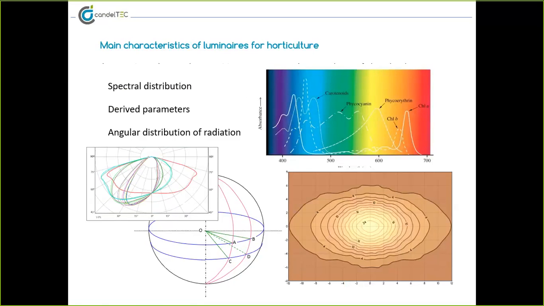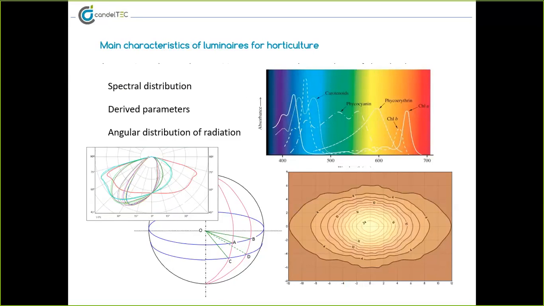And as important as the spectral composition is the duration of the artificial light, actually the duration of the dark periods, and even the dynamics, the progressive increase or decrease of the duration of darkness produce effects in flowering and germination. But not only the spectral composition is important for a luminaire, we have to obtain some parameters to quantify